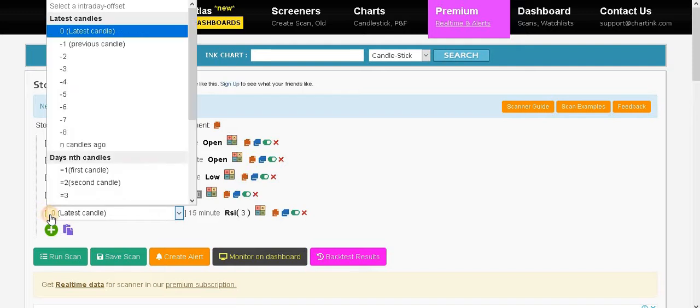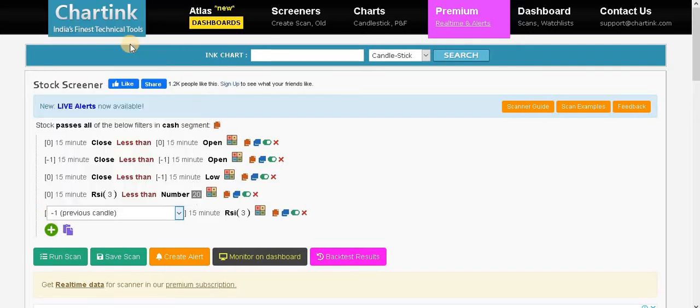Over here we are going to take the previous candle. Now we are done with half of the thing. Now if we go over here, it says greater than. Select the greater than option. Over here in the number we have to keep it as it is, 20.